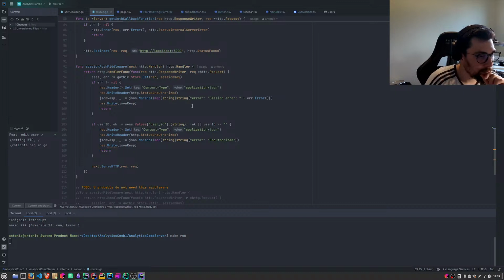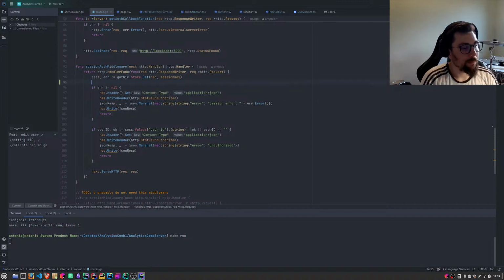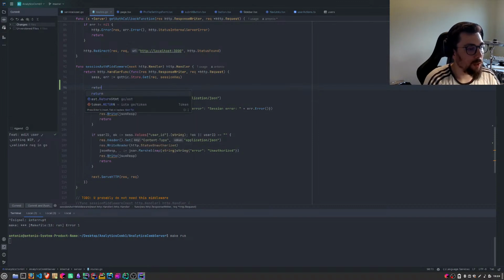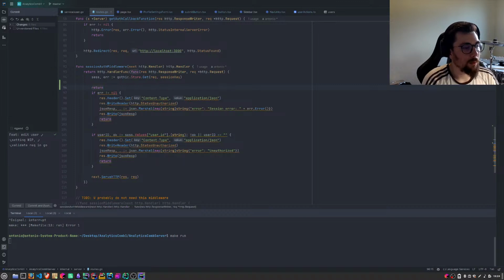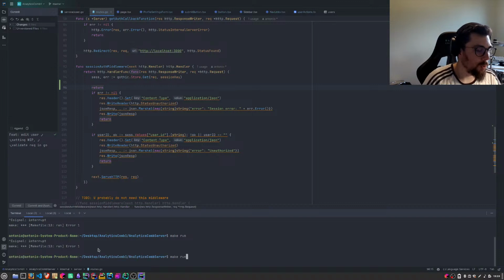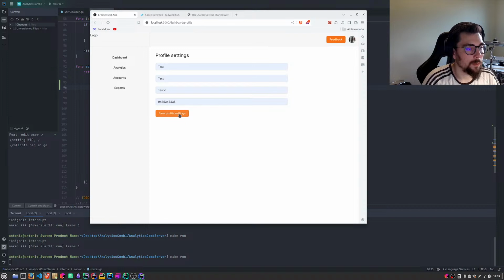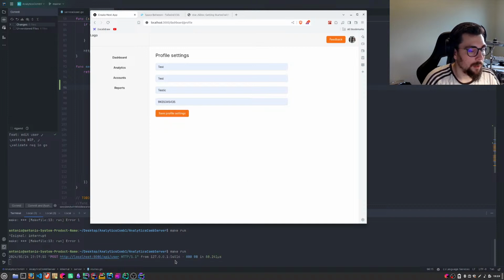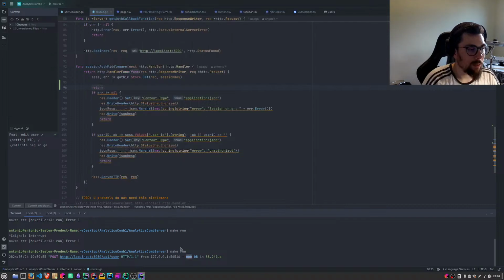Let's do. Can I just do return here? Unreachable code. I wonder if Go will run with this. It will. Oh, cool. Zero, zero, zero.